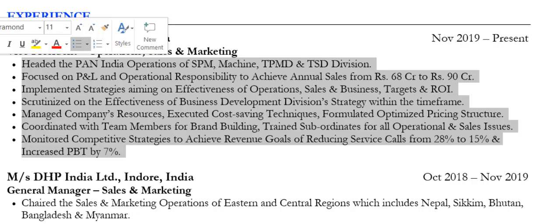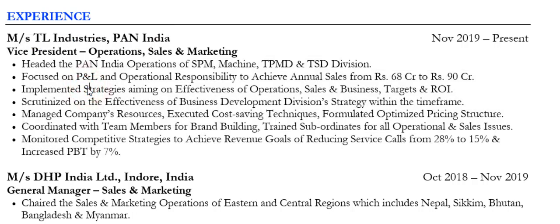They don't want that. They want to know what you've achieved in your particular job, right? So when you want to show your accomplishments, we use something called action verbs or power verbs. Like you can see here: implemented, focused, headed, scrutinized, monitor, coordinated, and so on. All right. So we use action verbs instead of just writing "responsible for," which I normally see in most of